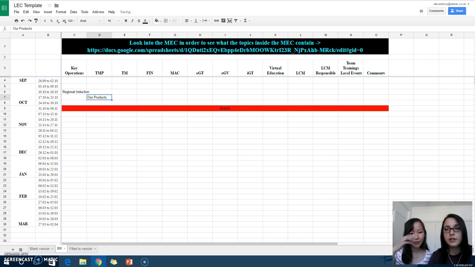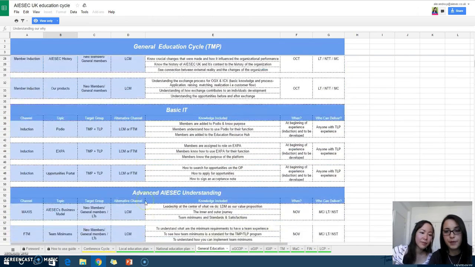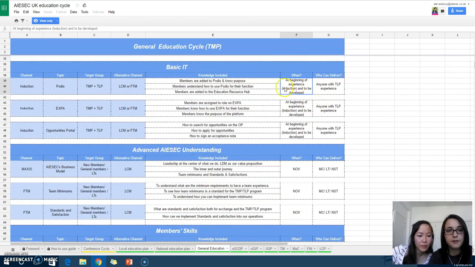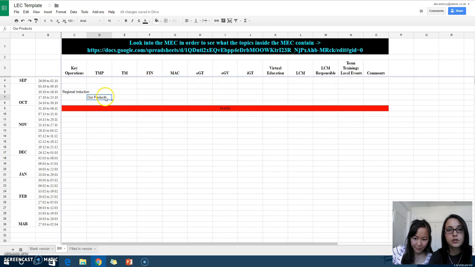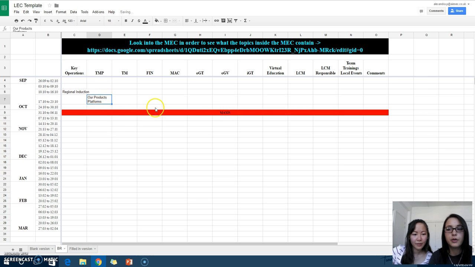And you can check all the other topics as well, and see that at the beginning of the experience, you can also present them the platforms, because these are not in the regional induction either. So our products, platforms like Expa and Podio and everything they're going to use. So this is the general thing.